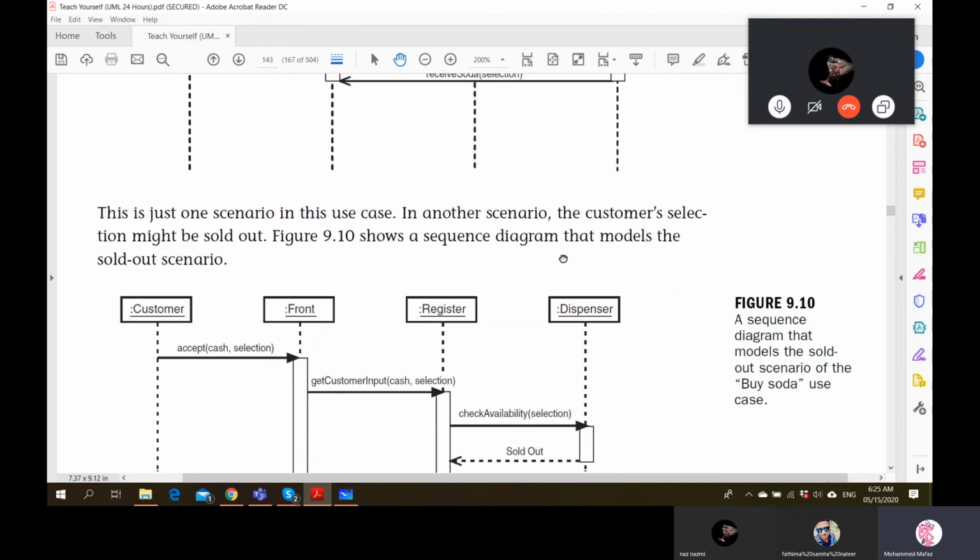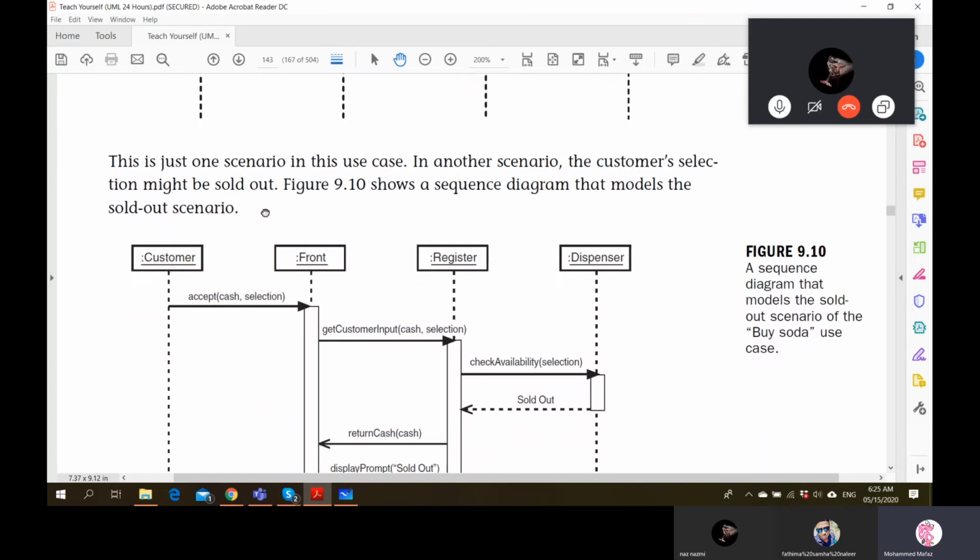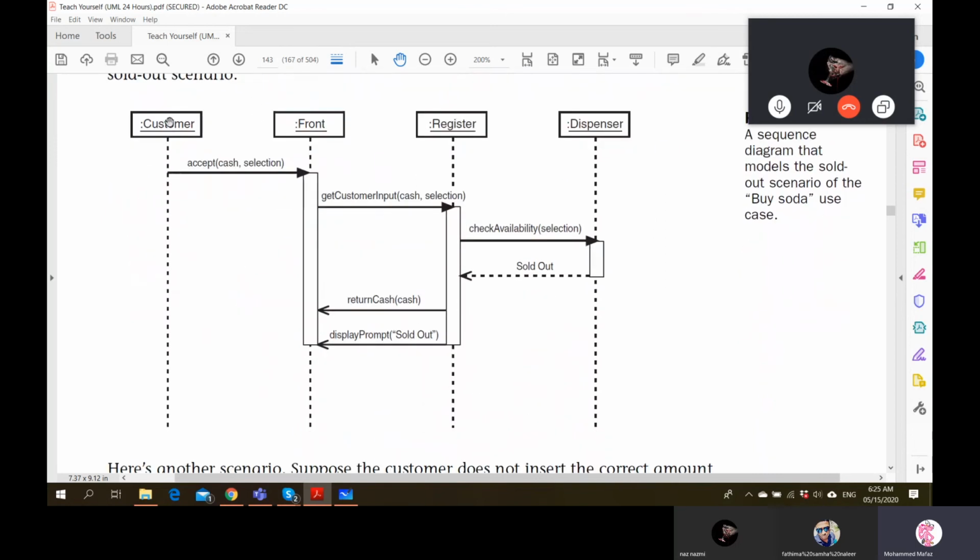So this one shows a diagram that models the sold out scenario. So again, you can see customer calling the front with the accept method. Front is calling the register using the get customer input, synchronous message. And again, he is calling whether it is available.